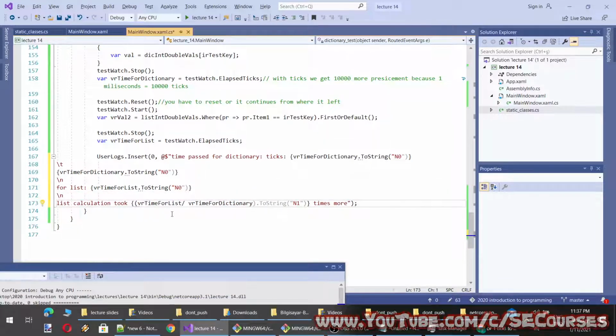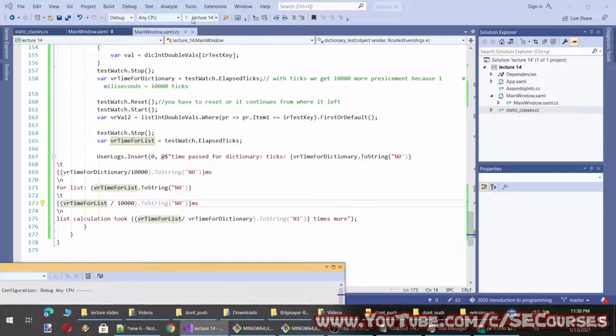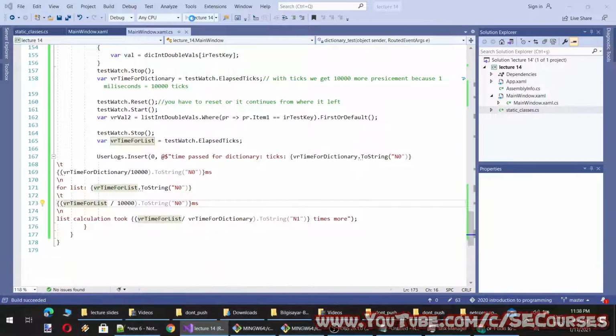And when I divide it by 10,000, we get milliseconds. All right, let's apply the same here: milliseconds and times. Okay, now we will have better visuality.